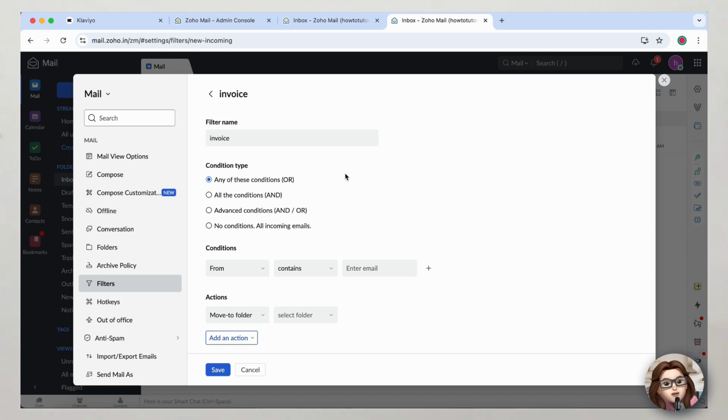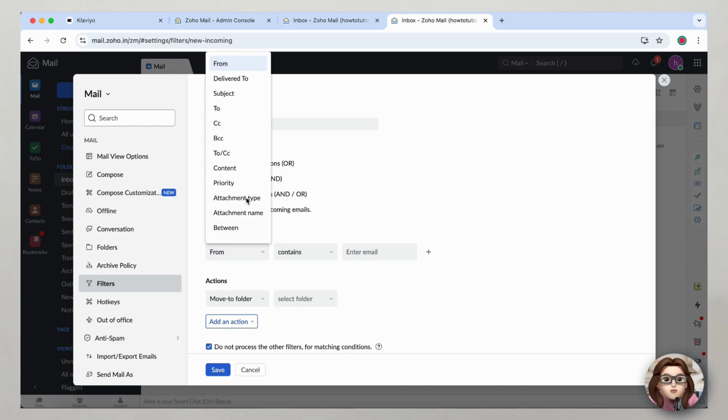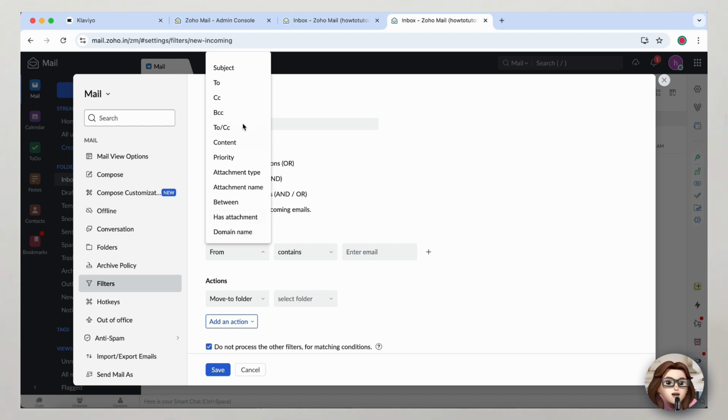Choose whether it applies to incoming emails, outgoing emails, or both, and set when the filter should run, usually when new mail arrives. In the Conditions section, specify the criteria for this filter. You can use the from, to, subject, or body fields with keywords, phrases, or specific email addresses to target the